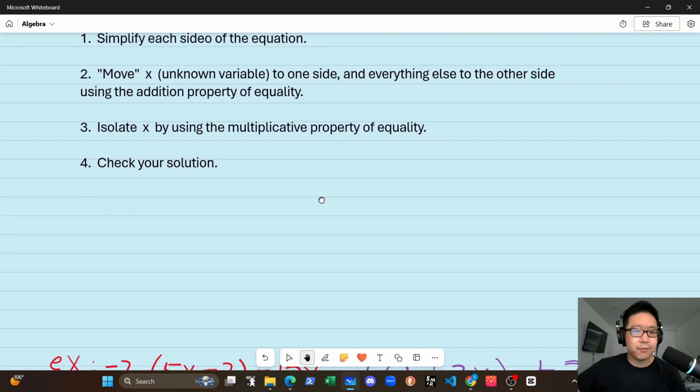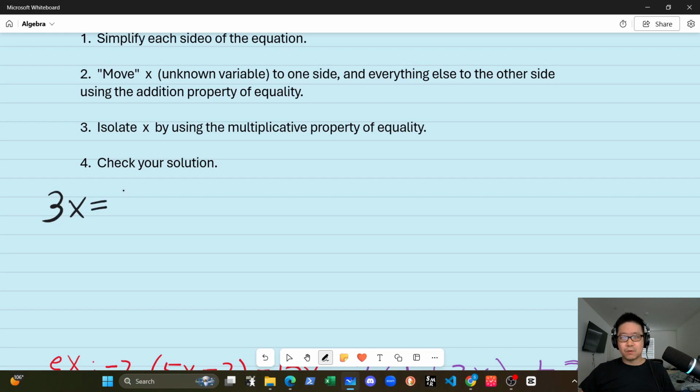And number 3, after you move your x to one side and everything else to the other side, you're going to isolate x by using the multiplication property of equality. The multiplication property of equality is essentially how we isolate the variable from the coefficient in front of it. So let's say you have something like